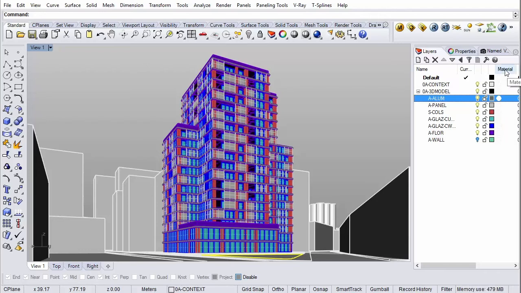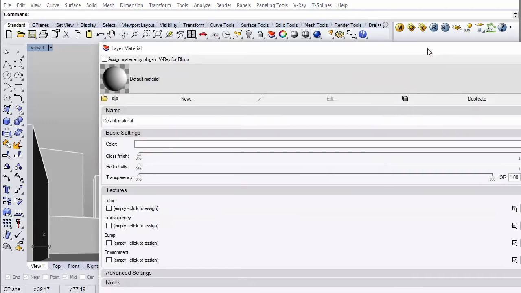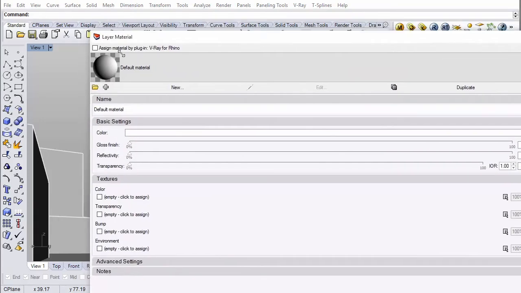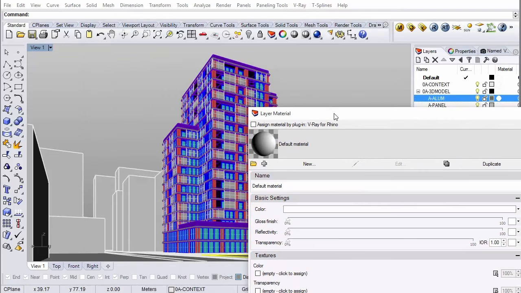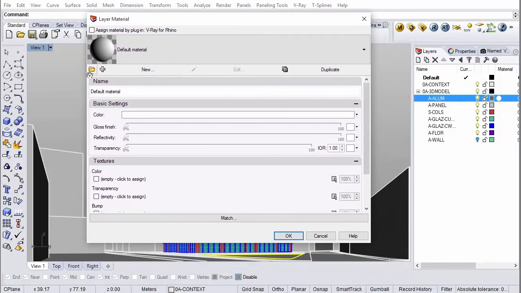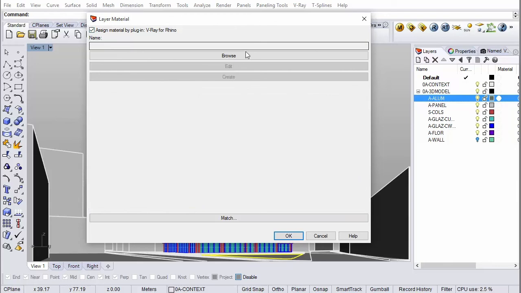So if you just click this, you're going to get something like this. Let me resize this. And at the moment, it's just a basic material. That's why everything looks white at the moment. It's just got the default white. But up here, it's asking you if you want to assign a material by plugin, which is what we want to do. Once we click that, it asks us to browse for it.